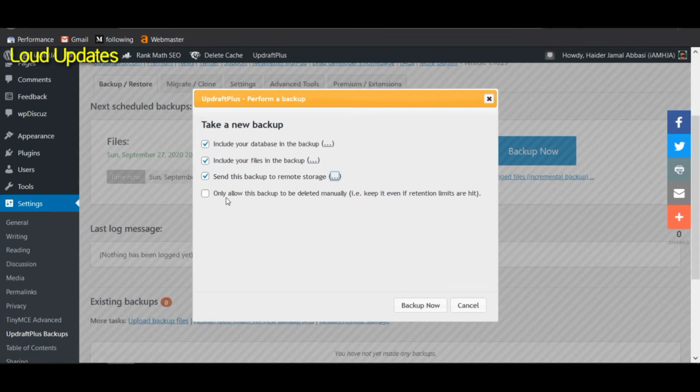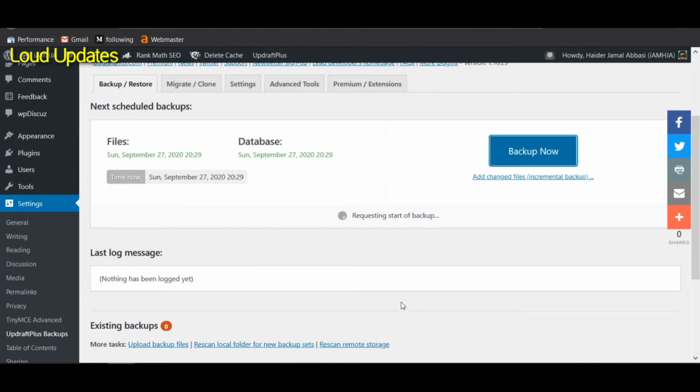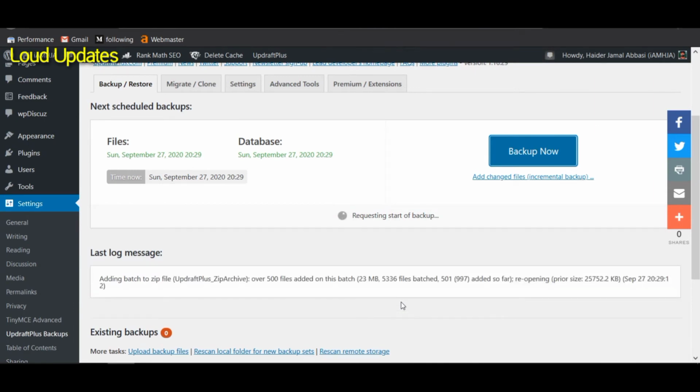Now click on Backup Now. Only allow this backup to be deleted manually. Keep it even if it is old. Just click on this button if you want to delete your previous backup from your Google Drive, if your storage is not completed. Here you can see it takes